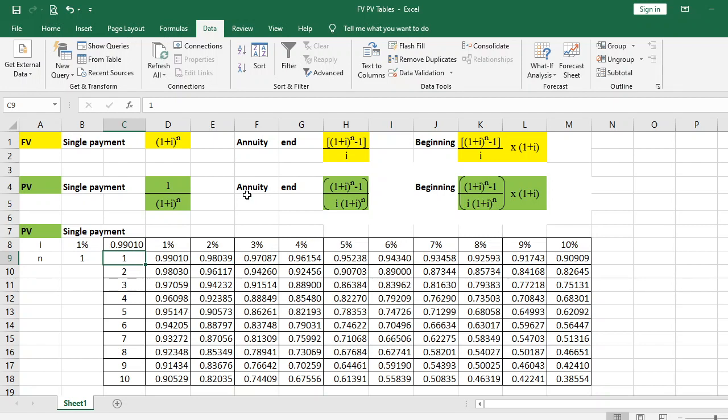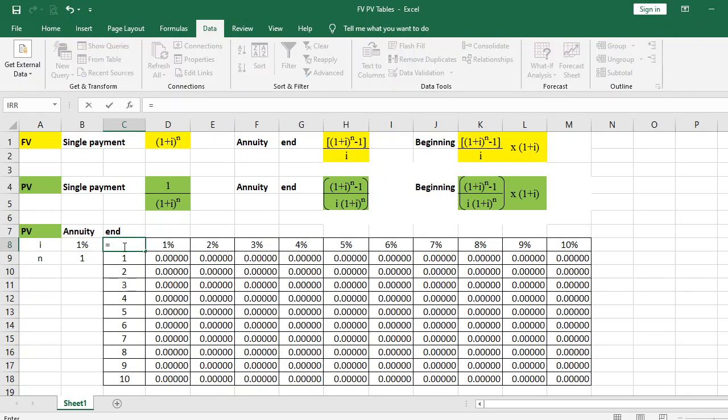Okay, we shall move on to the second one, namely present value of annuity made at the end of the year. Annuity made at the end of the year. Okay, what is the formula? Let me clear this first. Is equal to 1 plus I we have to choose this, whole to the power n minus 1. Let me close the numerator first, divided by